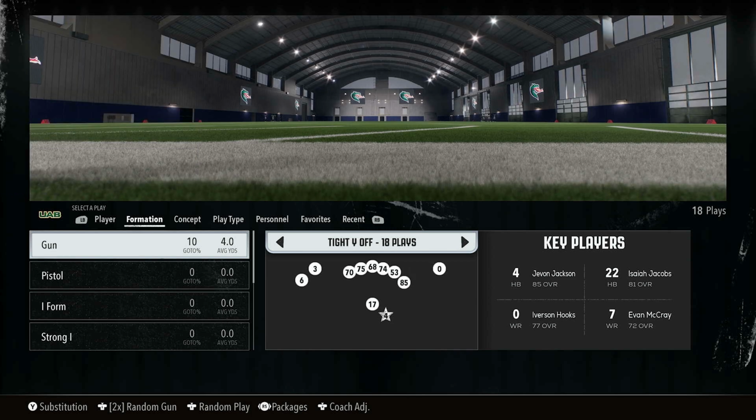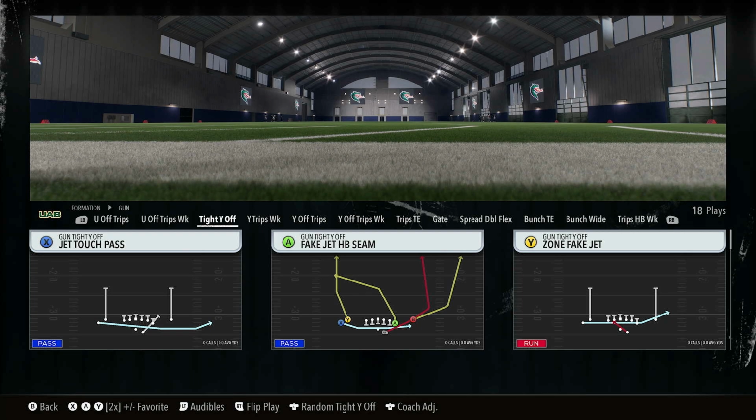All right, so the first thing we're going to jump into is tight Y off. And let me start by saying this as well. The key to creating a scheme, and again, this is going to take repetition, is to find a formation that has multiple runs and passes that you can audible to, that you feel comfortable with, in a formation that you think you can stay in the whole game. This doesn't mean running the same play. This means running multiple plays that you can go to. So here in the tight Y off,